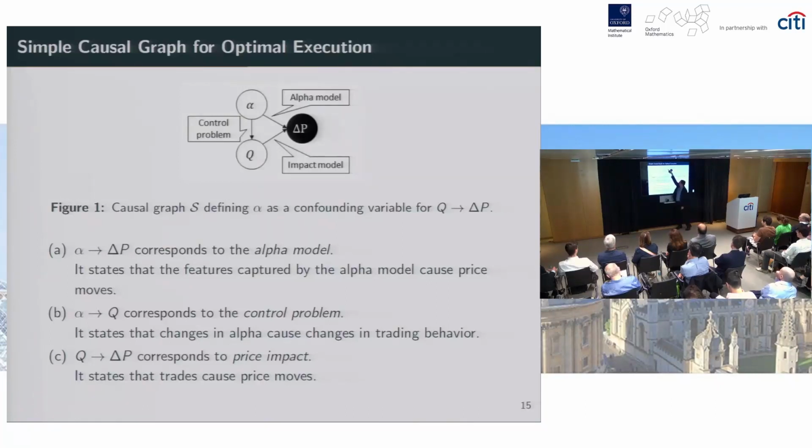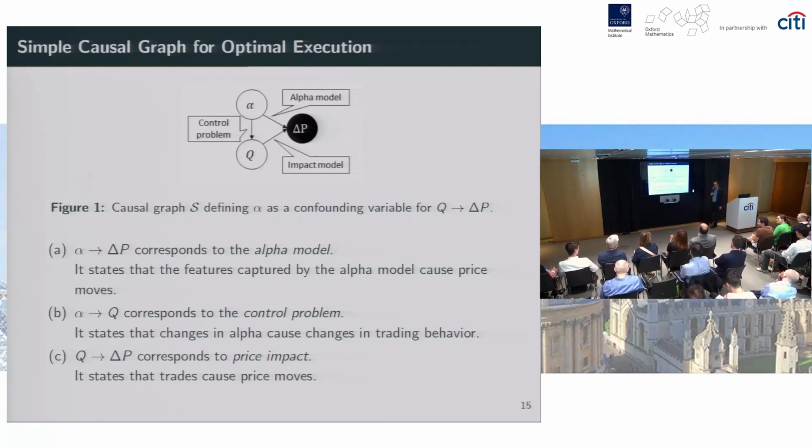You still get the back path though. The key point is you get confounding from this. When I try to measure Q to delta P, the correlation is driven not just by this link here, which is what I want, it's also going through some backdoor path. And that will still be true for the correct model, which is the one that you described. The other remark is,